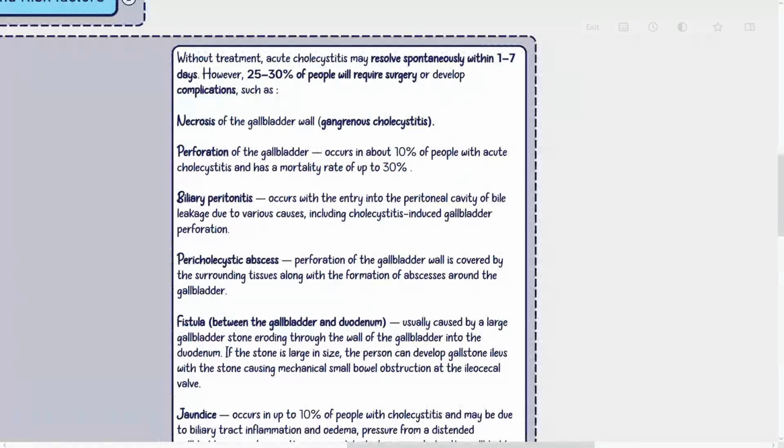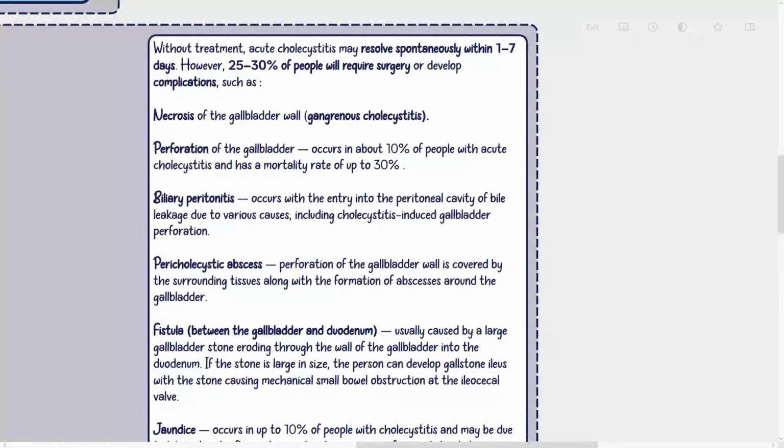Complications and prognosis. Without treatment, acute cholecystitis may resolve spontaneously within 7 days. However, 25–30% of people will require surgery or develop complications, such as necrosis of the gallbladder wall, gangrenous cholecystitis, perforation of the gallbladder, which occurs in about 10% of people with acute cholecystitis and has a mortality rate of up to 30%. Biliary peritonitis occurs with the entry into the peritoneal cavity of bile leakage due to various causes, including cholecystitis-induced